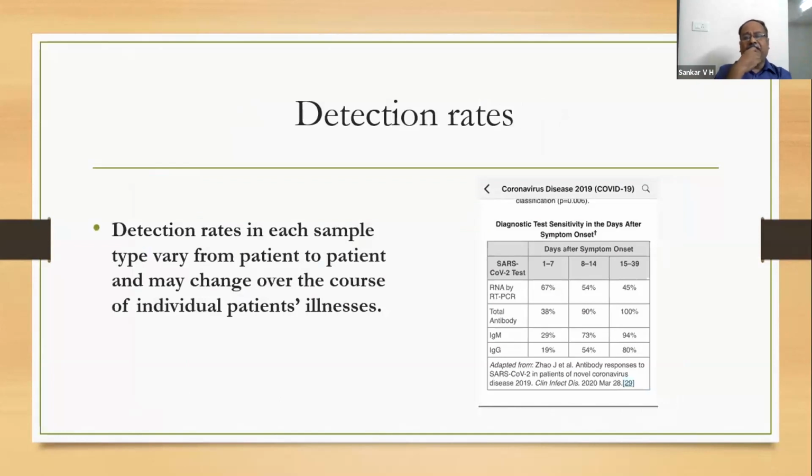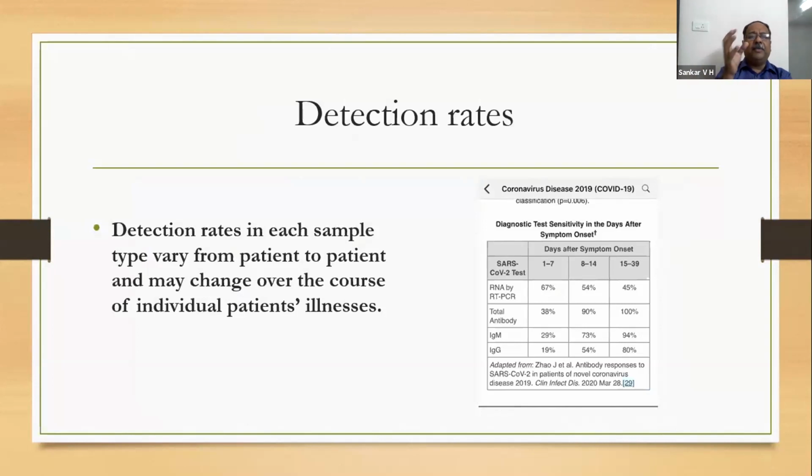Now coming to the detection rates of this RT-PCR, because whenever a clinician is presented with some test, he wants to know what the sensitivity is, what the specificity is, the positive predictive value, the negative predictive value. But as far as these tests are concerned, we don't have a large series to tell what the sensitivity of RT-PCR is, what the specificity is, or the sensitivity of rapid testing, etc. Because it is a new virus and the test has only recently come, we don't know the perfect figures; only small series are available.